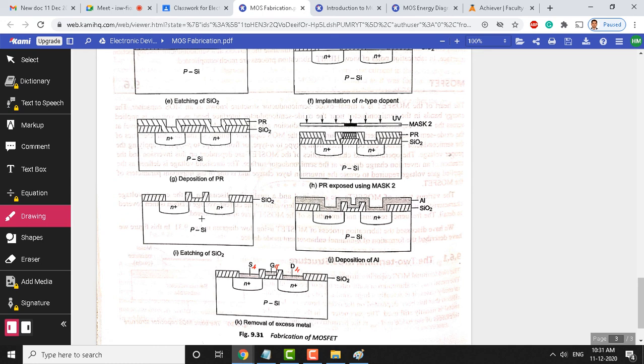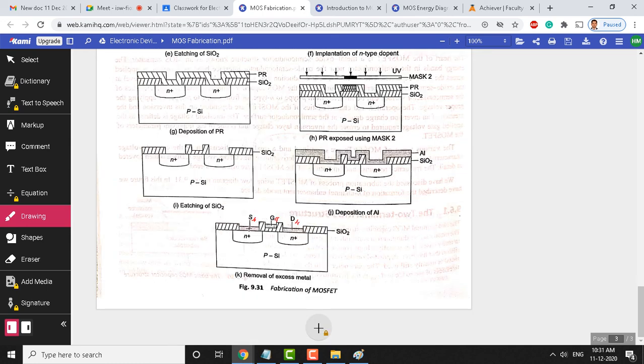This layer is now protected, and that can be etched out. You can see etching of SiO2 in between the 2 N plus regions here, and again we are going to deposit aluminum on the entire surface to attach contacts, and finally here you are seeing a diagram with attached contacts for the retained aluminum layer. And again we are using the etching technique. Wherever contacts are not needed, we remove this aluminum layer, and you can see that only in the source region, gate region, and drain region you can see the aluminum. For that we attach electrical leads to take out the terminals here. So, this is how the MOSFET is fabricated.